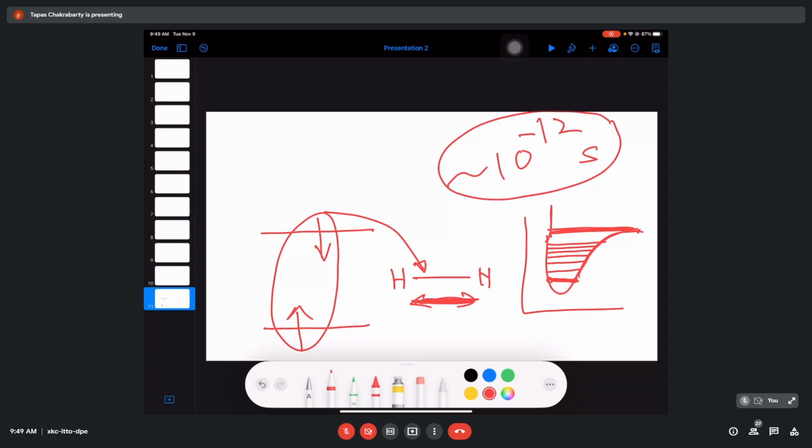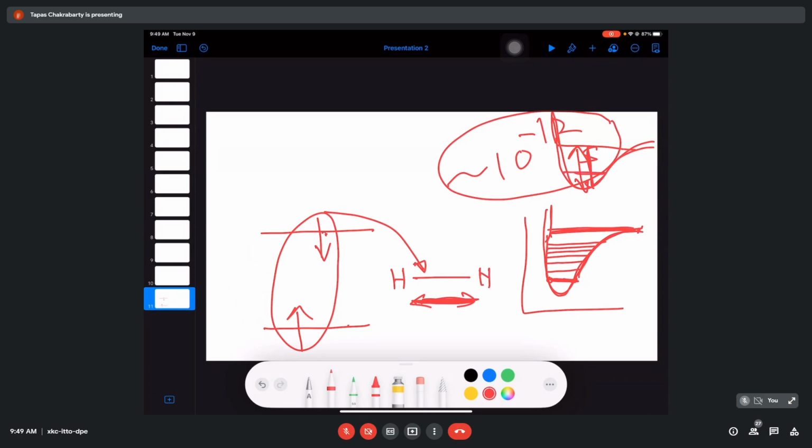Okay. Now, this is the ground state picture in the case of the hydrogen molecule. The excited state, how do you denote it? The excited state is again somewhat like this, but the depth could be different in the excited state. So if you try to depict it in terms of a potential energy diagram, it looks very similar to this, but the depth is usually different in the excited state compared to that of the ground state. So you have made an excitation here.